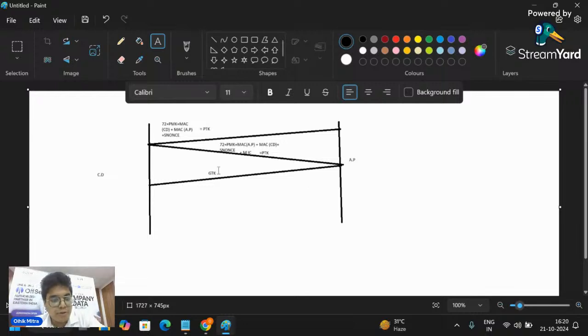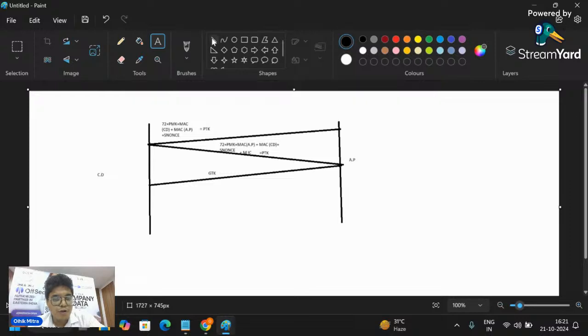Okay, so the client device and the access point have the PTK, GTK, PMK. The PMK is present by default, along with the MIC, ANonce, SNonce, and the MAC of the access point and the MAC of the client device. So all things are present between the access point and the client device, right?